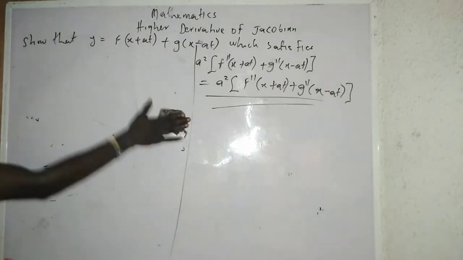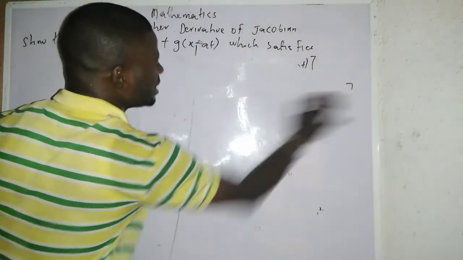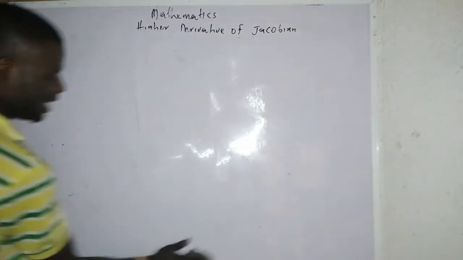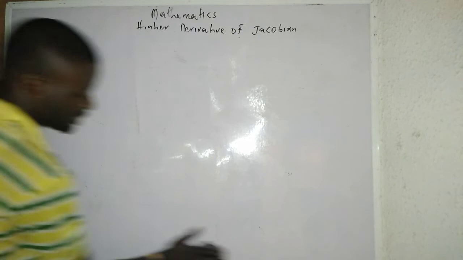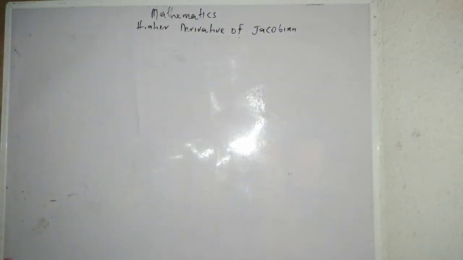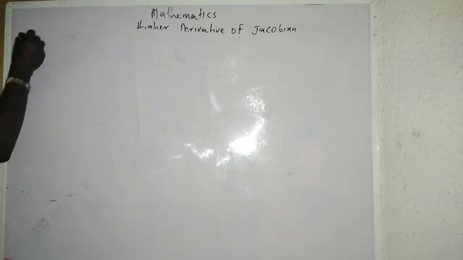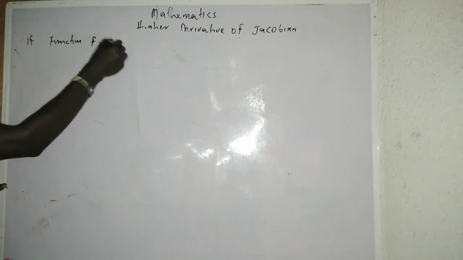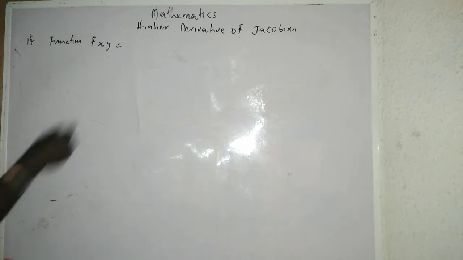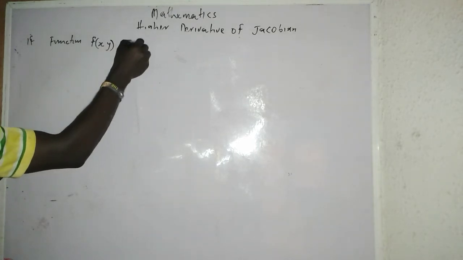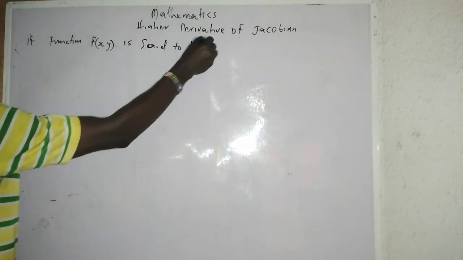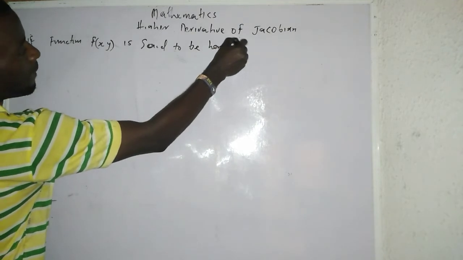Now, if I have a problem like this, we are calling upon harmonic. When you hear harmonic equation, it means their sum up is equals to what? Is 0. Their sum up is equals to 0. For instance, a function f of x y is said to be harmonic. It's said to be harmonic